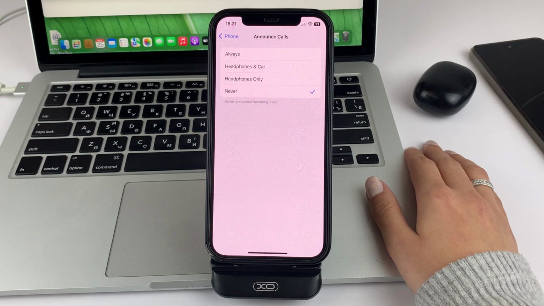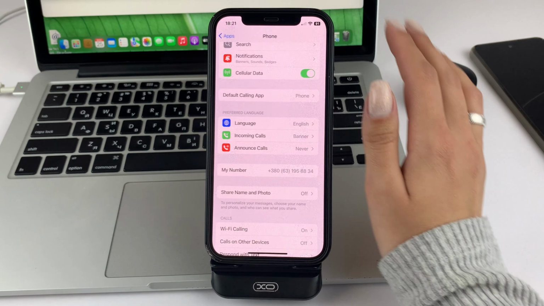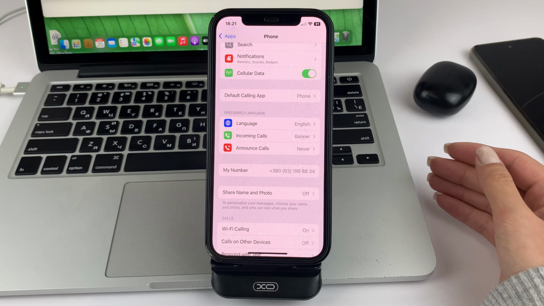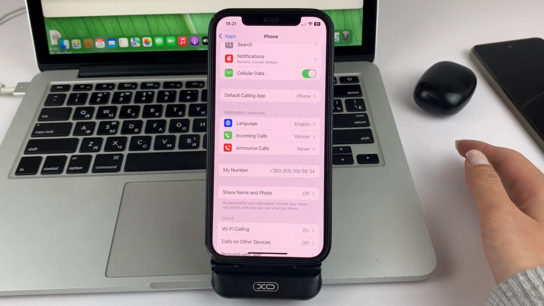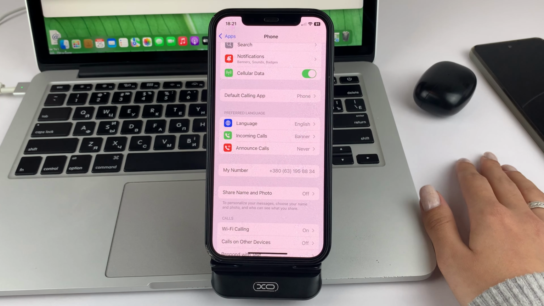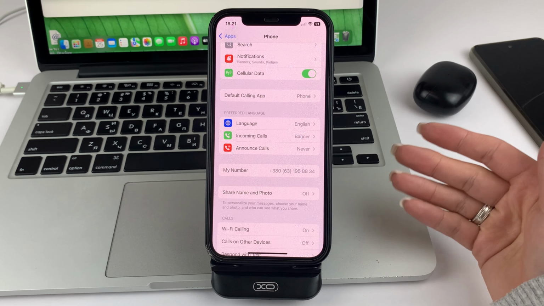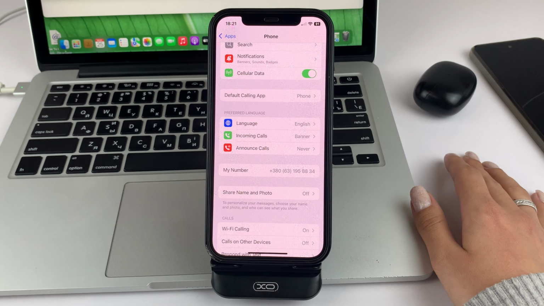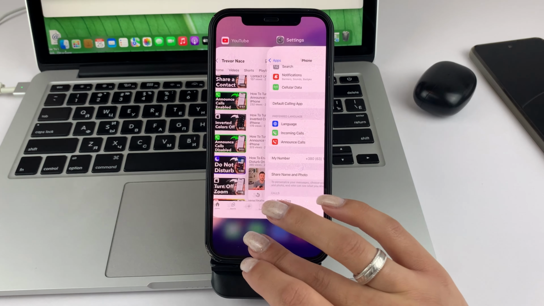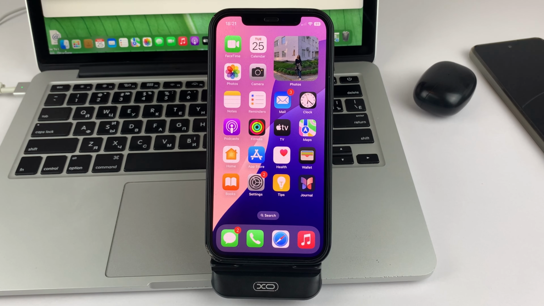What these alerts do is, look, you will not have voice alerts, that is, your iPhone will not say who is calling you. But, of course, on the screen you will have an inscription, and there will be certain signals showing who is calling you, but there will be no sound. This is how, friends, you can quickly and easily disable call alerts on your iPhone.